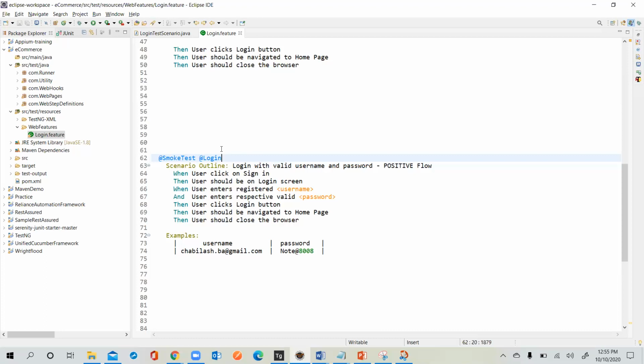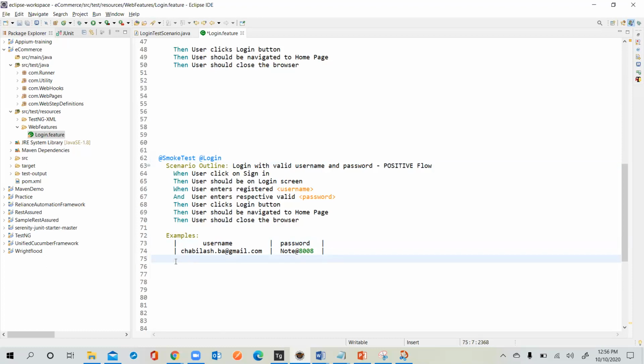So here, how the scenario outline will work is, we need to mention it as scenario outline and then the statement of that one. Given, when, then, all those things are common. And in the examples, if you see here, examples is the most important thing. You can give multiple rows. Now you see the 74 row, right? I will just copy the 74 row 3 times and paste it below.